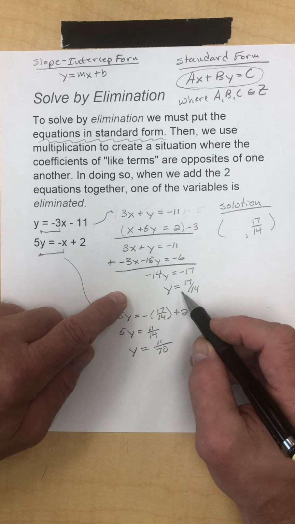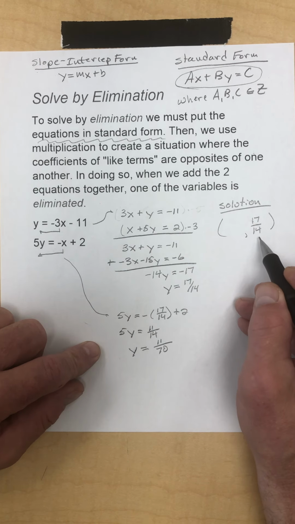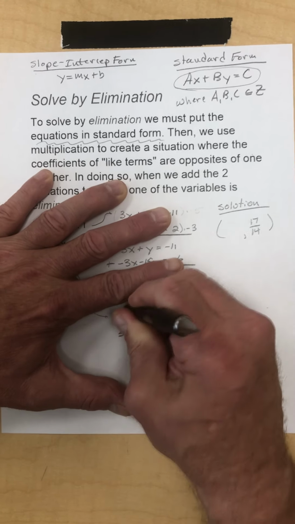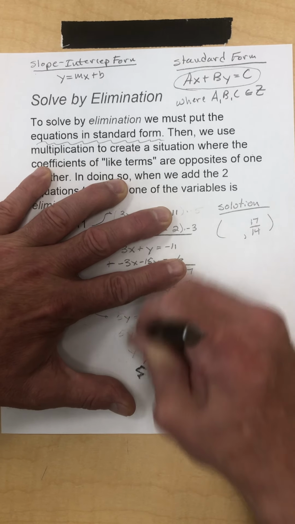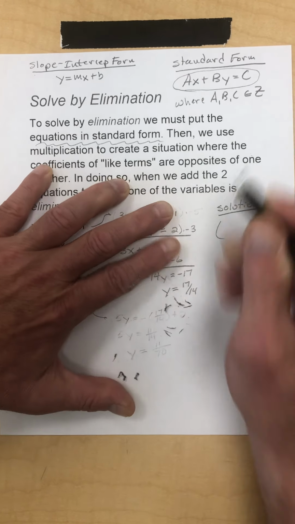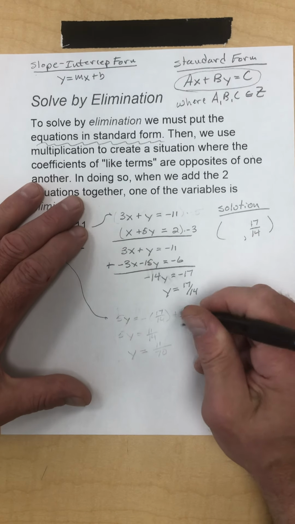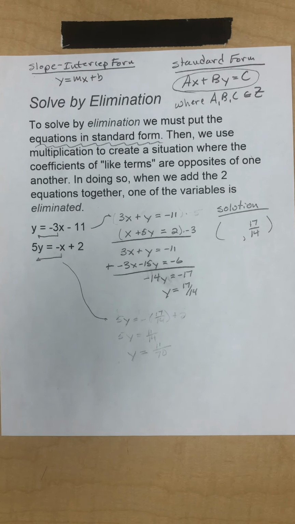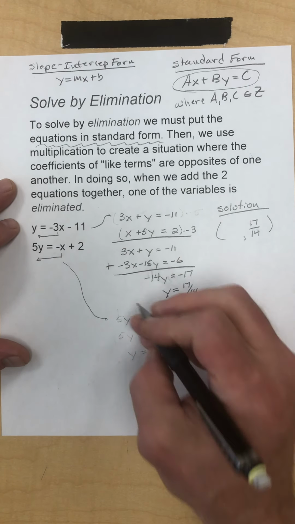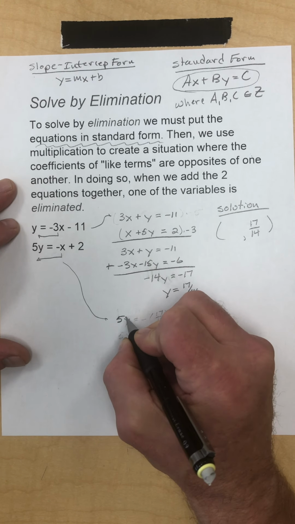Wait a minute, this is my y here. Oh, I made a mistake there, didn't I? Okay, so let's go back and fix this. I like when I make mistakes because then I can show you that it happens. What did I do? I put the y coordinate in for x rather than putting it in for y. So let's fix that. So 5 times